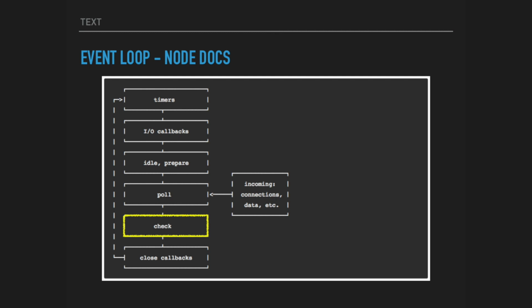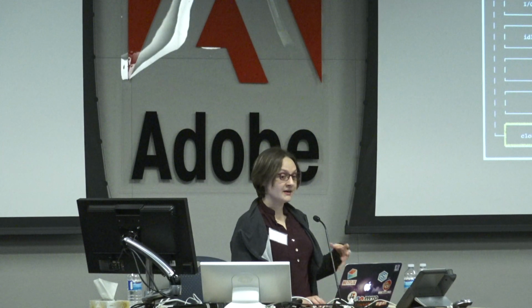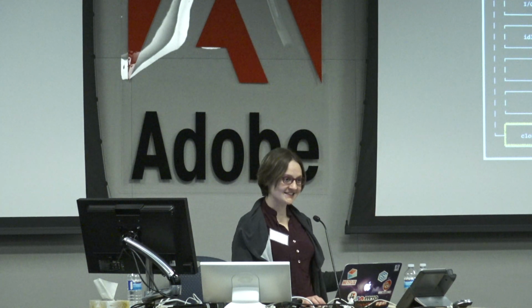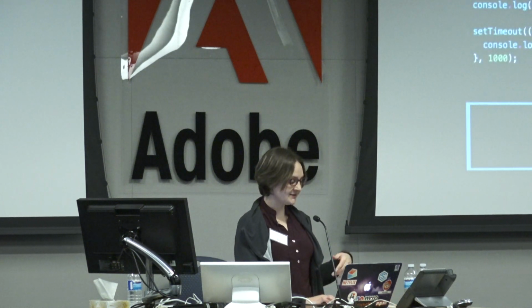And then finally, at the end of all of this, we have a close event. So here in this phase, you might think of an example as like a socket on close. That's where this callback is going to be evaluated. And we'll keep going through the event loop as long as we still have processes that are being evaluated here. So, and again, this is a simplified version from the Node docs. So we can get way more in depth, but I'm going to spare you those gory details and go into